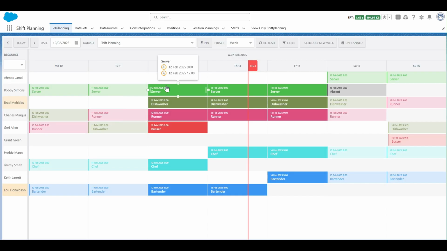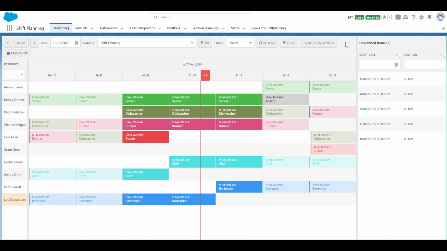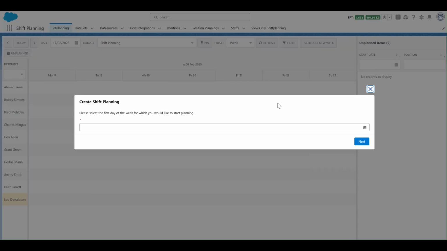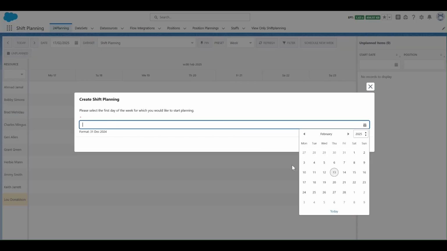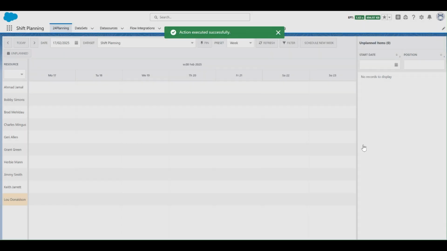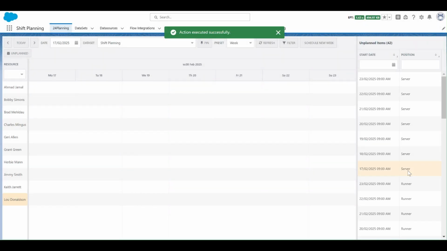So heading back to our planning board, we have obviously, as we had in previous releases, unplanned events. But assume now we want to schedule events for the next week and we don't have any unplanned events yet. In this new release, we offer you the option to add custom buttons. So here we've created a custom button called Schedule New Week, which launches a screen flow. We select the first day of next week, and in the background, a whole new set of unplanned events is